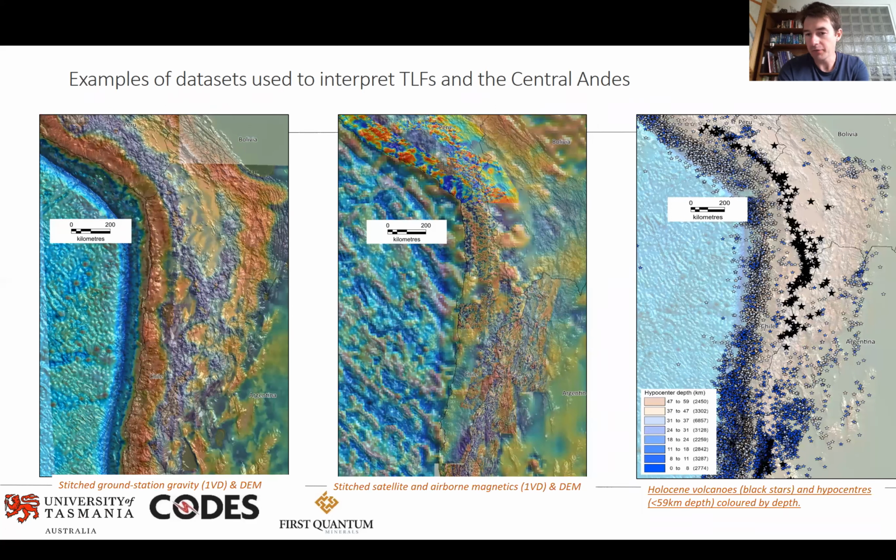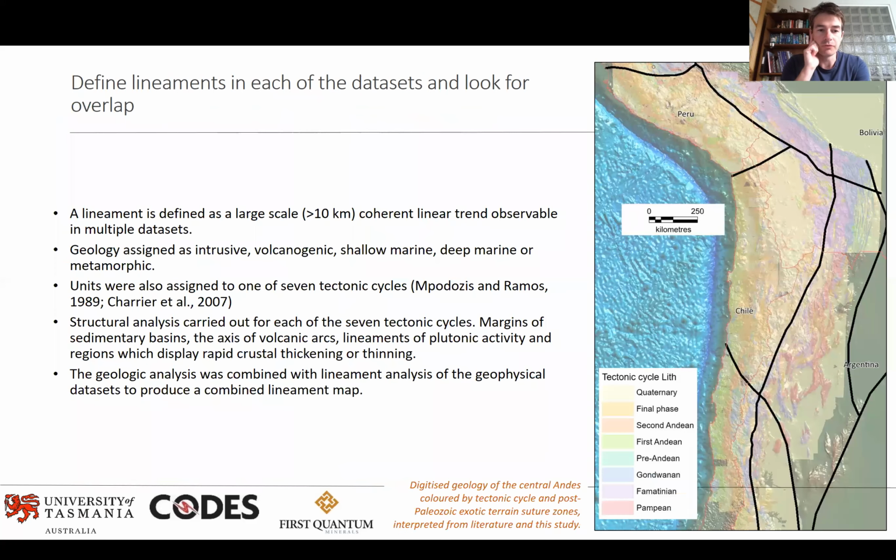And then on the right, we have the location of recent volcanoes, so post-Miocene volcanoes, as the black stars, as well as hypocenter locations, so earthquake epicenters down to about 60 kilometres depth. So these are examples of data sets that we've been able to draw on to carry out our regional scale interpretations. Obviously, as well, we've been able to draw on previous literature that has been studied,